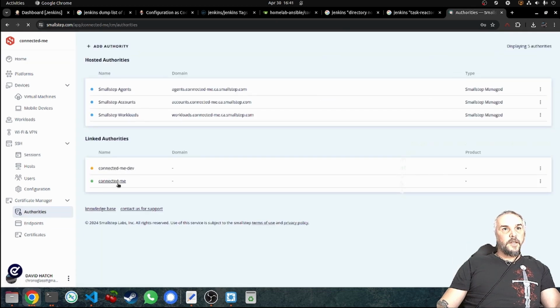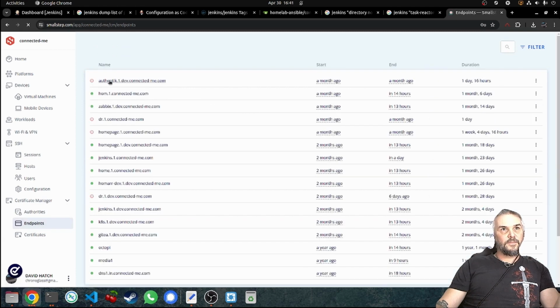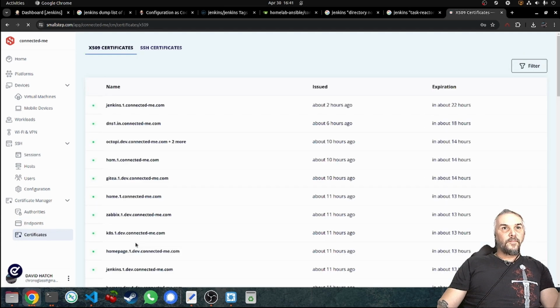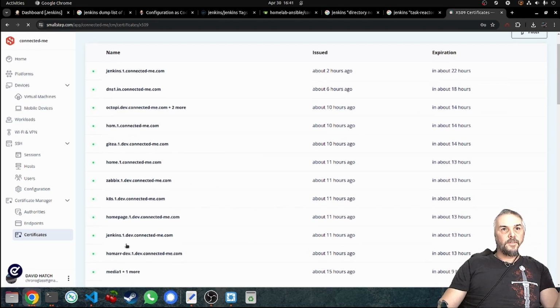Same thing, I've got my dev, I've got my prod. Dev gets turned off. They've got the ability to throw agents on there, which this is just their back end. The server reports back to it. It's so cool. It automatically goes and grabs a new certificate every day. There's the primary Jenkins, and I have one for dev, which doesn't look like it's going out and grabbing. I thought I'd turned that off, but